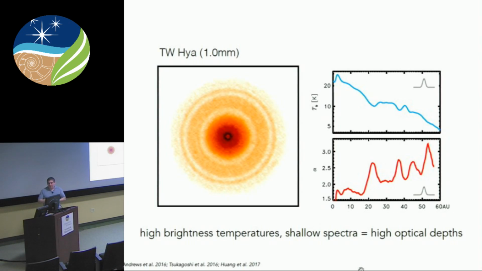So how optically thick do you think it is? So for TW Hydra, well, within a few AU, I don't know, right? But within, I'd say, 10, 15 AU, it's a few. It can't be much more than a few, because at 10 AU, the disk is not 20 Kelvin or less, right? It's hotter, right? So that means that 1 minus e to the minus tau, you can figure out what it is.